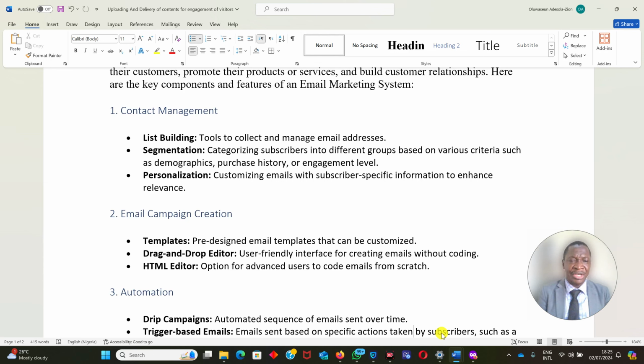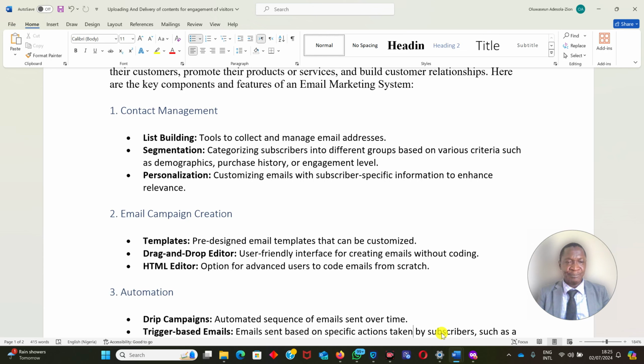So now, another thing under contact management is personalization. You can customize your email with subscriber-specific information by putting their name. Hello, Adeshola. Thanks for visiting our website. And then we want to bring to you another opportunity that will help you. Because Caleb University is providing a top-notch, world-class education, and you can get the best. I'm just giving you an example. It can be in diverse ways of engaging your visitors or subscribers by customizing their email. It's very easy. You can automate it and make it as simple as that.